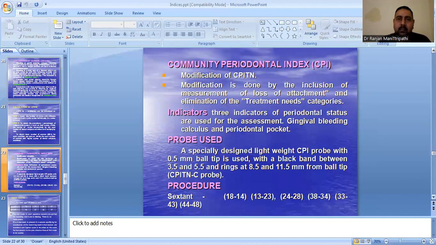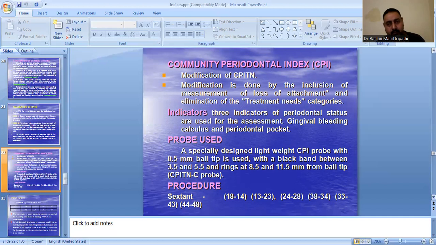Now coming on to the CPI, or Community Periodontal Index. It is a modification of CPITN, done by the inclusion of measurement of loss of attachment and elimination of treatment needs category. Three indicators of periodontal status are used for assessment: gingival bleeding, calculus, and